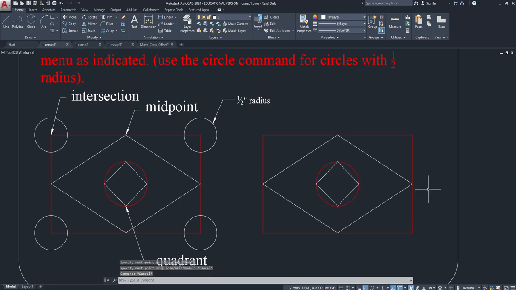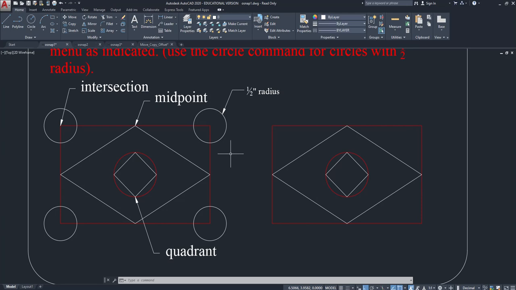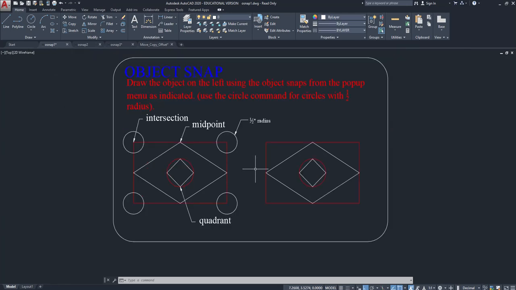So we have midpoint, we have endpoint, we have quadrant. You guys get the idea of what an object snap will do for you? It shows you things on other lines. Really helpful. I leave mine on all the time. Let's talk a little bit about, we can use our object snaps to create this, but